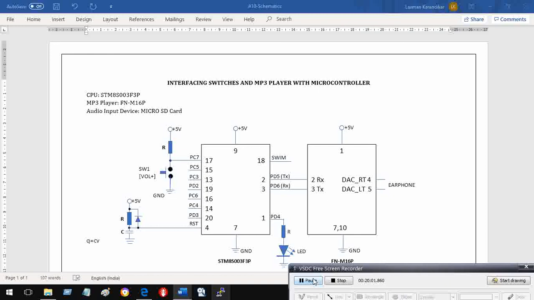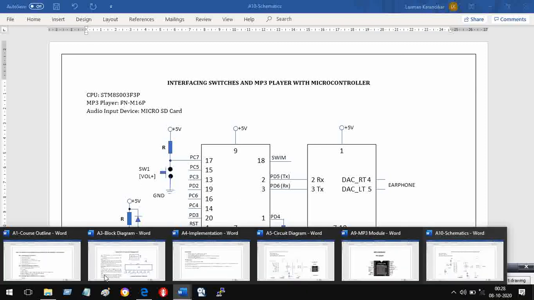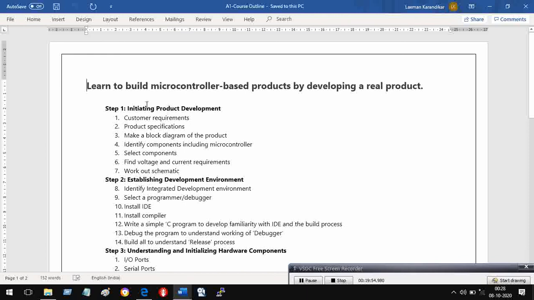So in the process, my dear friends, we have completed a schematic. So if you look at our original mandate, you'll find that step 1 we have covered everything, right, up to 7. In the next lecture, we'll go for step 2.